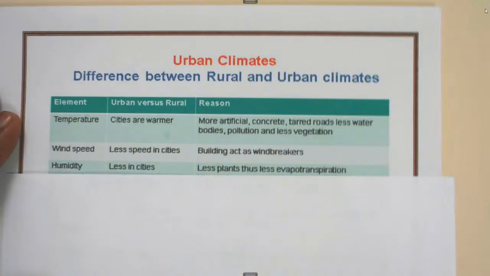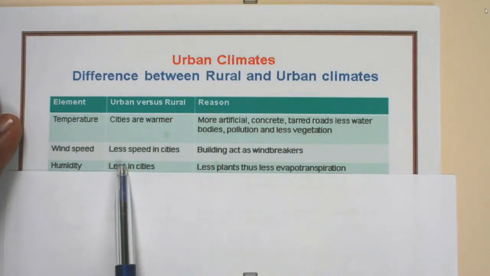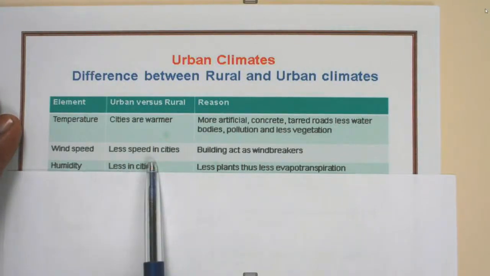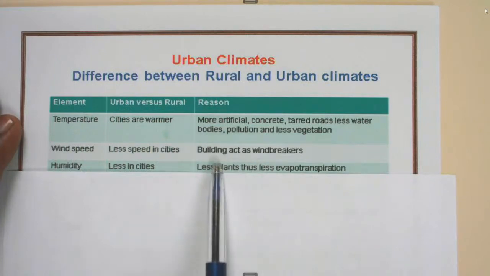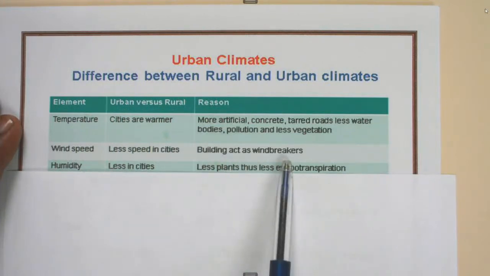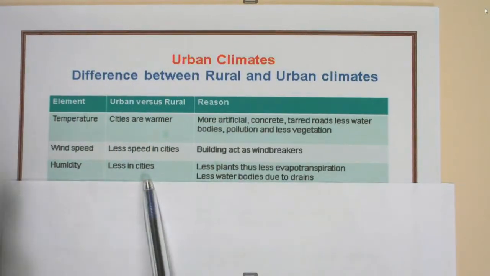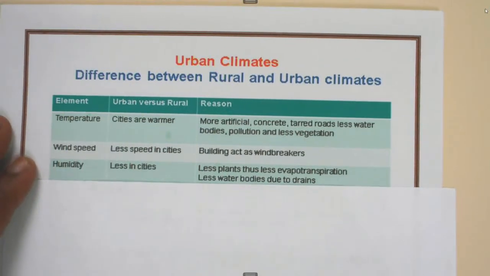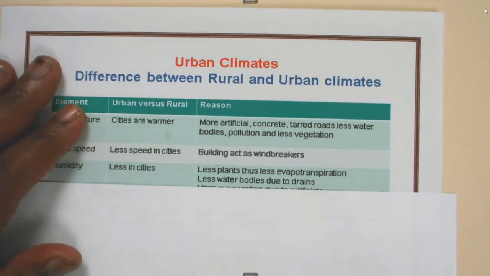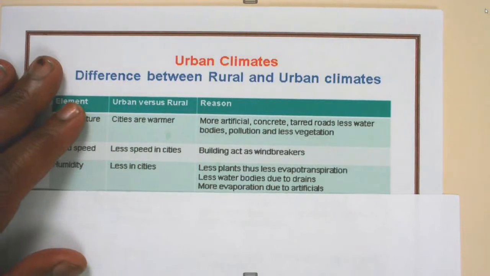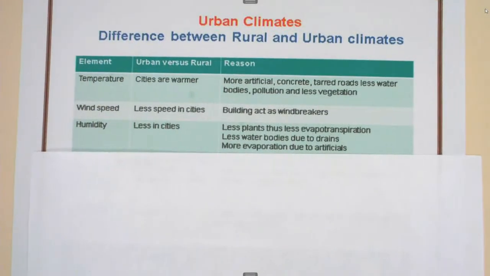Wind speed in the cities is lower than in the rural areas. Buildings act as windbreakers. Humidity is less in the cities, fewer plants, thus less evapotranspiration, fewer water bodies due to drains, more evaporation due to